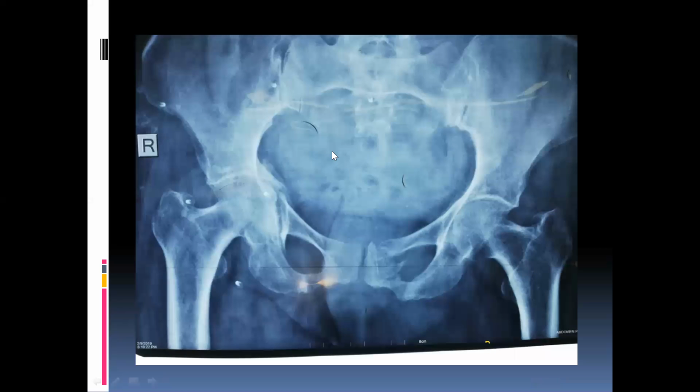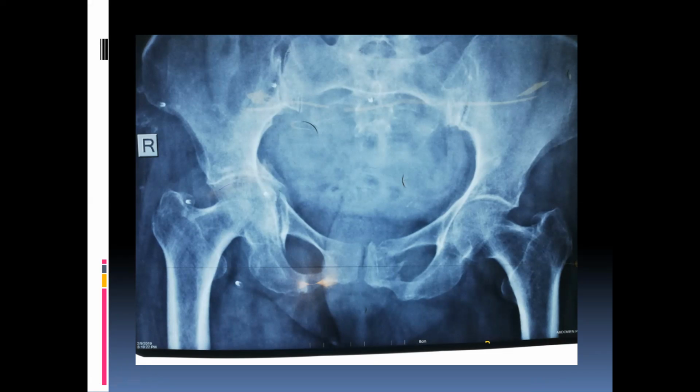So regarding our case, here again is a 65-year-old female who presented with RTA, with fracture of the medial wall of the acetabulum on the right side, and the pubic rami on the left. The pubic rami was treated conservatively, and we planned the acetabulum for total hip arthroplasty. You can see the head is impacted about 5 millimeter past the Kohler line, and there is a minor discontinuity of the